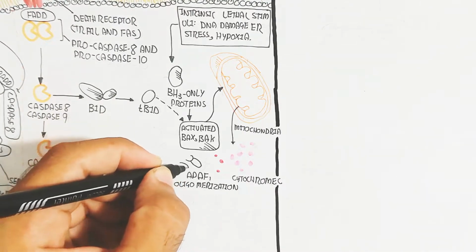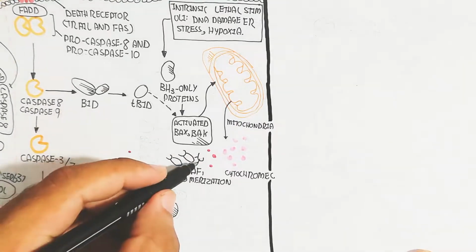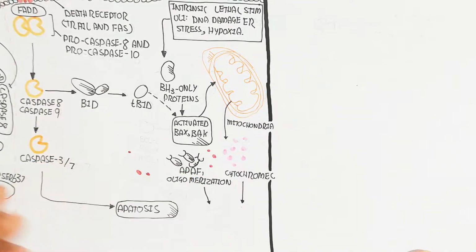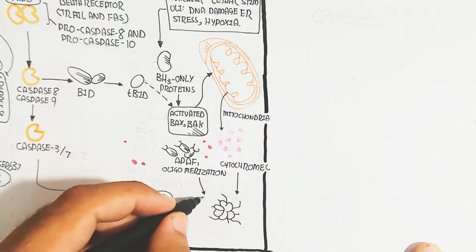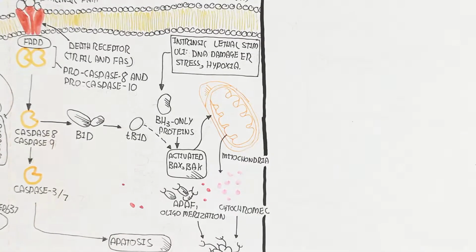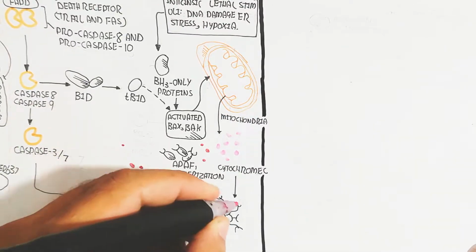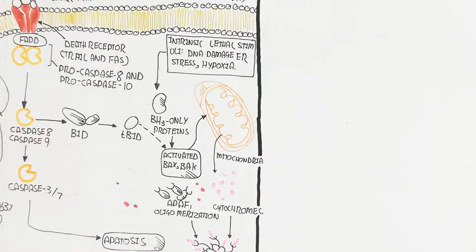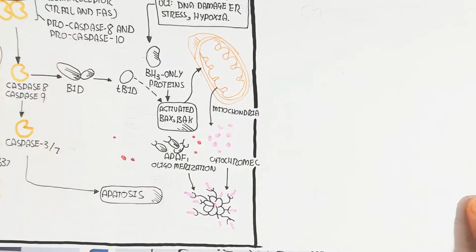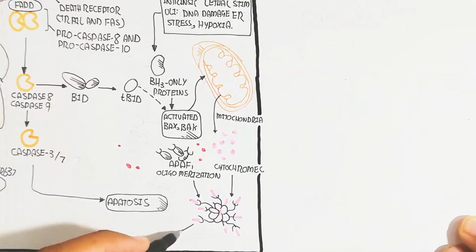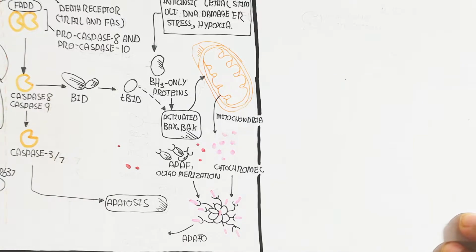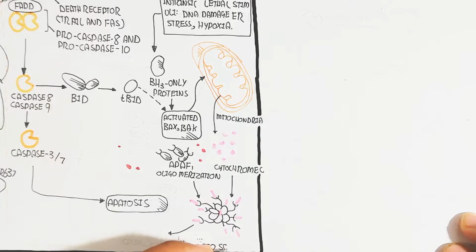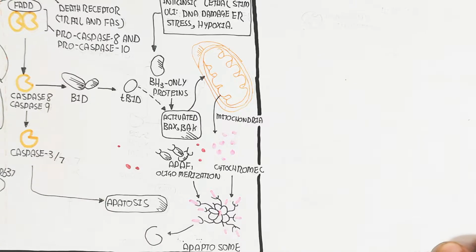release. After the release of the cytochrome C and the APAF1, the oligomerization will lead them to combine together to form an apoptosome. This apoptosome is the complex formation due to the cytochrome C and the oligomerization of APAF1, which are combined together to stimulate the caspase 9. So remember, this caspase 9 will again trigger the caspase 3 and 7 to again cause apoptosis through the intrinsic pathway